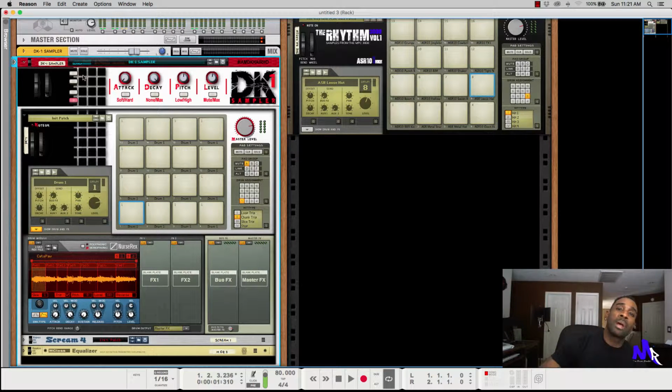And the reason I'm using the mouse also is because I don't have the P1 hooked up to my MacBook, because it's on my main setup. So that's why I'm going to be using the mouse a lot. But I have 7 slices,